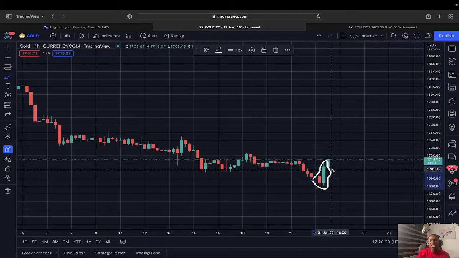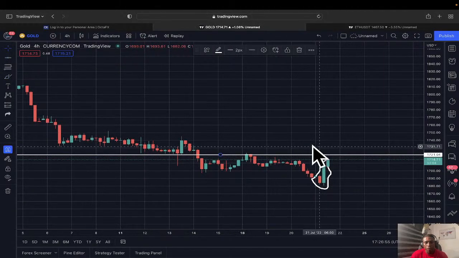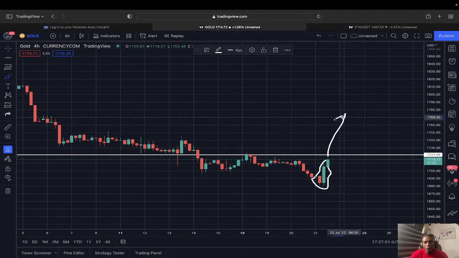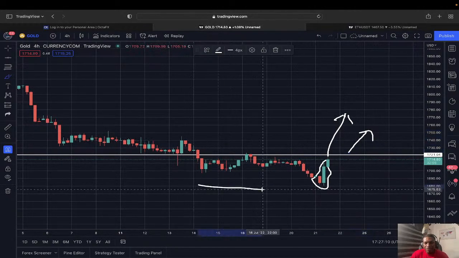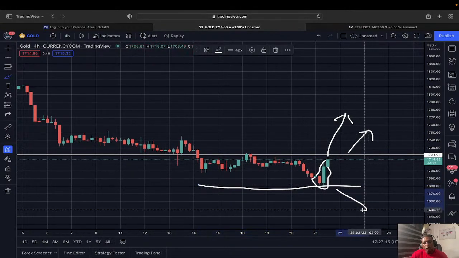So the question now is, is it going to be a long-lasting, sustainable bullish momentum, or a short-lived bullish momentum? You can only confirm that if price breaks out of this region. You want to wait to see price break out of this region. So if price breaks out of this region, then you want to buy. Okay, you want to go bullish. If price reverses back and breaks down below this region, then you want to go what? You want to go bearish.